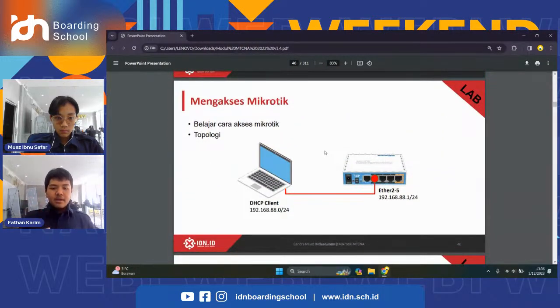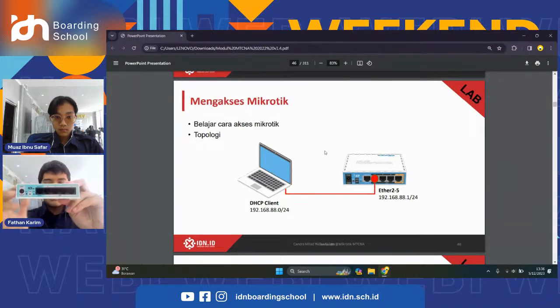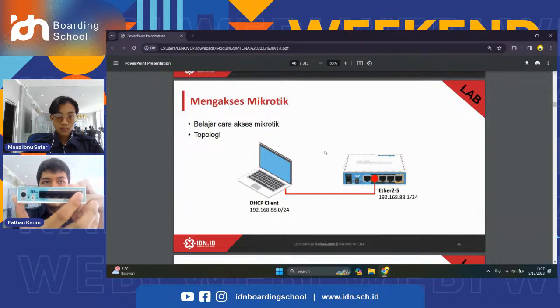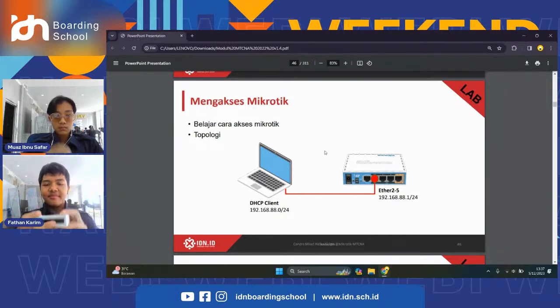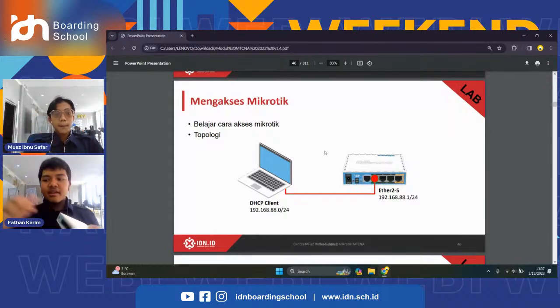First, make sure we have an Ethernet cable or LAN cable to connect the router to your laptop. So firstly, I want to pick up my router. For example, this is my router here. On the left you can see the power, which is where the power supply is plugged in. And this is the Ethernet or LAN slot. There are 5 Ethernet ports: 1, 2, 3, 4, 5. This time, we want to connect the laptop to Ethernet 2, using the LAN cable into the laptop. Okay, now we're going to power up the router.